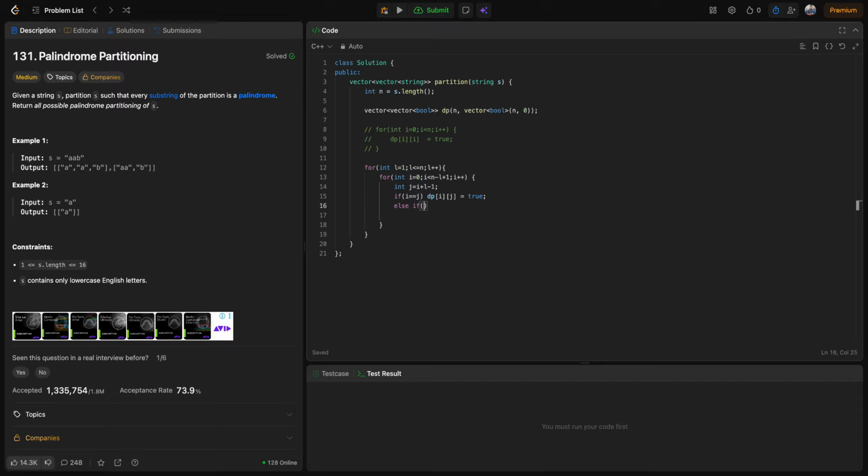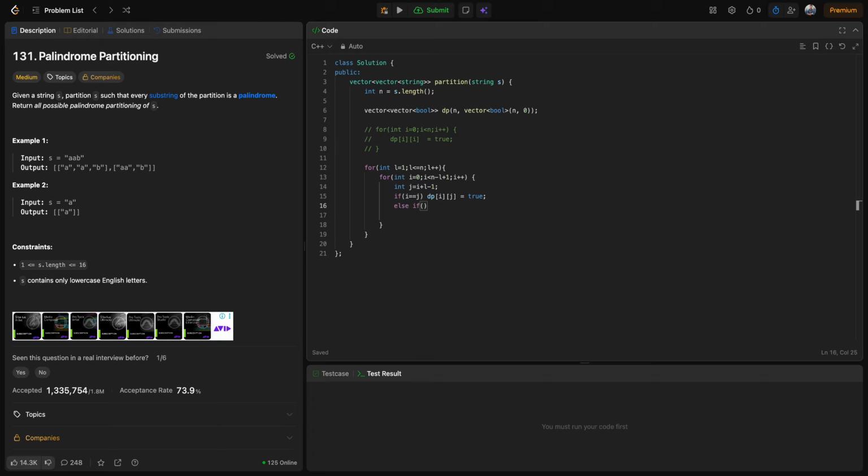Else if, I need to handle the two characters, or for all other cases I can have only one case. So i equals j is for the single character, and for all other cases like 2 characters, 3 characters, 4 characters,